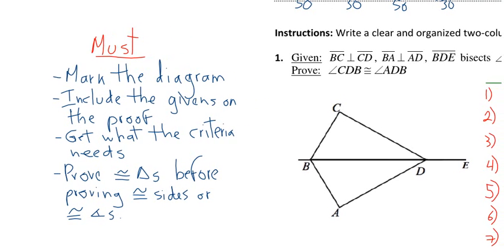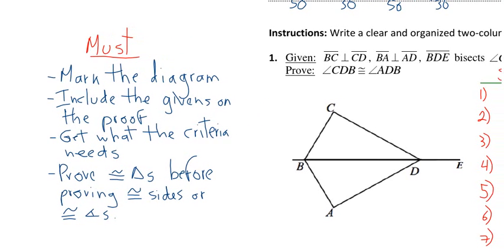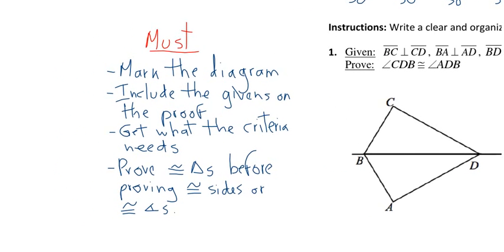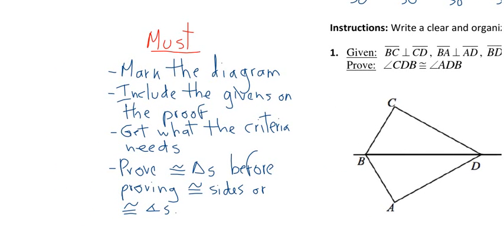These givens must be included, must be written down in the statements of the proof at some point, because you're getting some things from these givens. Otherwise, you cannot write whatever you are getting from here because you did not include that. So you must include all the givens in the proof. Number 3,